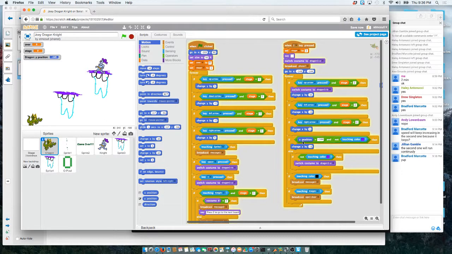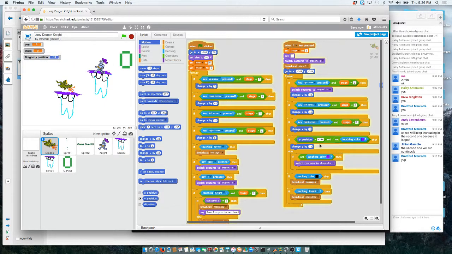And the way I do the platform is I made the top of the platform a different color. It's probably a bad idea that it's the same color as the top of the knight's helmet. It probably means that I can land on top of the knight's helmet. You're going to die. Yep. Yeah. But the way I do it is I say if